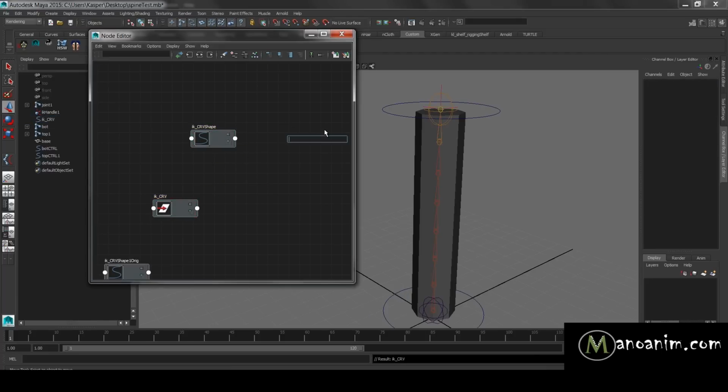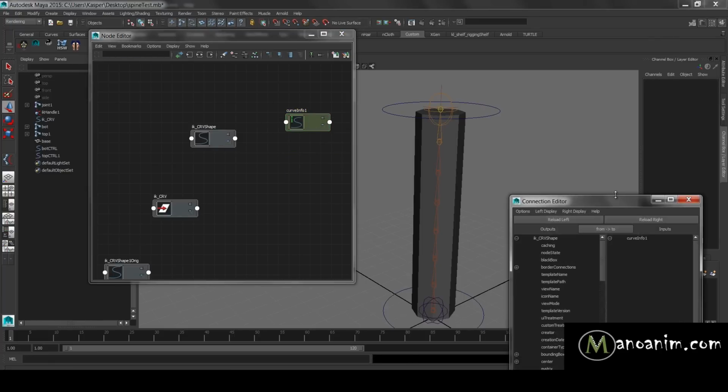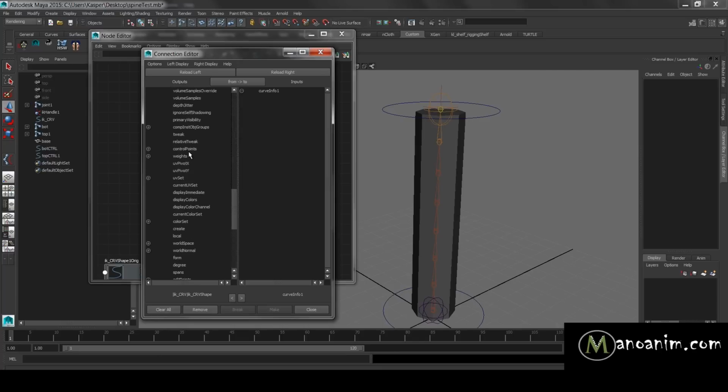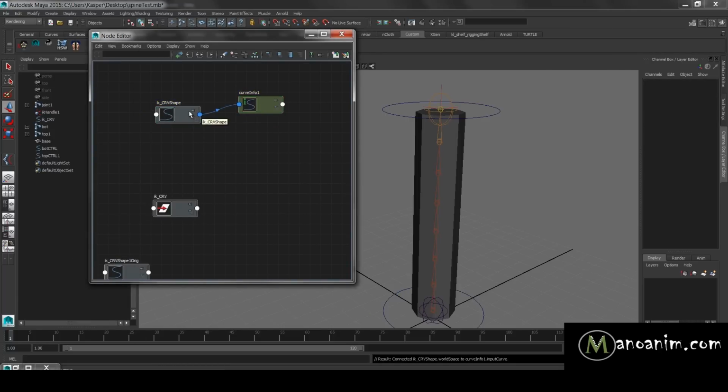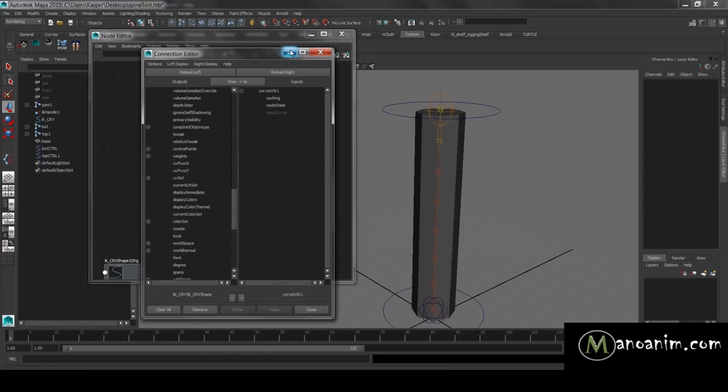So the first thing we want to do is get the length of that. So let's see. Sorry, we need curve info. And the curve info node takes the world position of the points in this curve. So let's try and get the world position here somewhere. So world space here to the input curve. And the way I do this is, if I just hold down my control and my middle mouse button, I can drag and drop onto whatever I want to connect to,